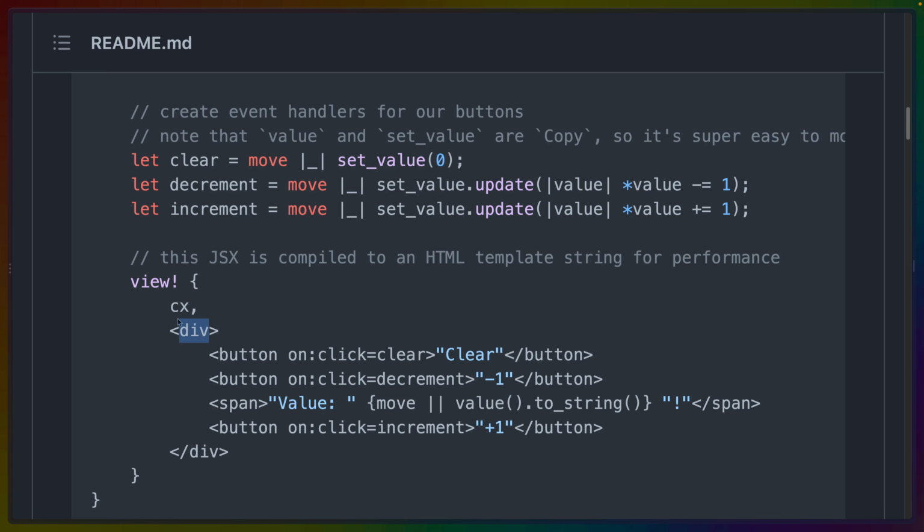Like, that functionally doesn't matter to me that much at the moment. So this compiling to an HTML template string is fine. I just like the fact that there's the possibility that I can go work on something in a code sandbox or some other playground. I can write some HTML. I could copy an example out of some documentation and I can drop it in here and it will mostly